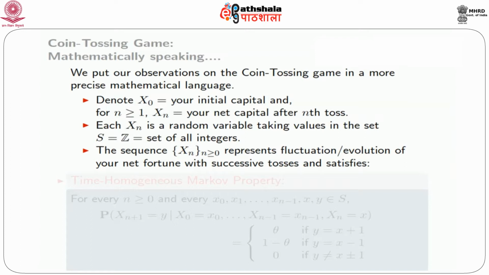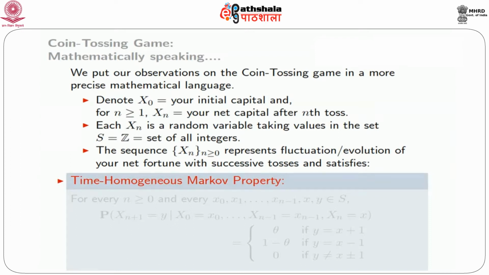If I look at the sequence Xn for n greater than or equal to 0, it represents the fluctuation or evolution of your net fortune with successive tosses, and from what we have just now seen, they satisfy what is called the time homogeneous Markov property, as already seen before, namely that for every n greater than or equal to 0